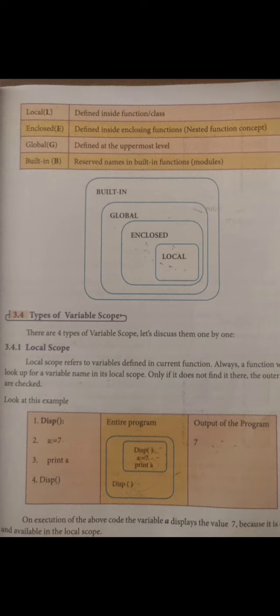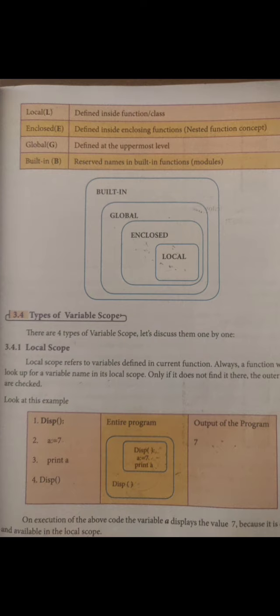What types of variable scopes are there? There are 4 types: local scope, enclosed scope, global scope and built-in scope. Local scope refers to variables defined in the current function. A function will always first look up a variable name in its local scope. So, in this example, display